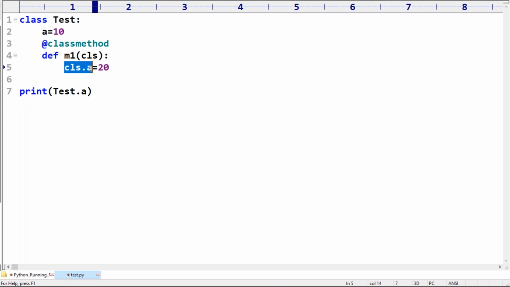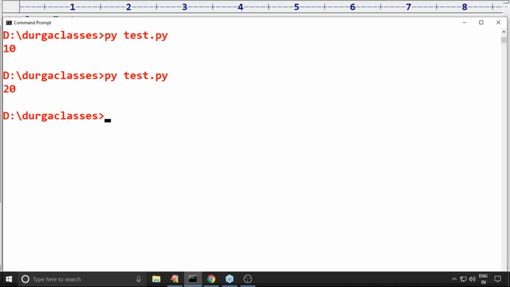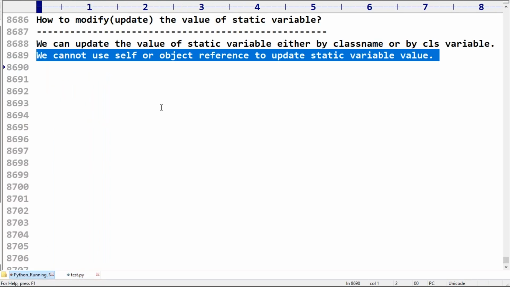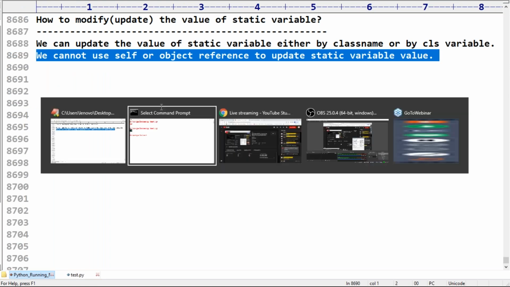Yes. So the value 10 will be replaced by 20. Let me call m1. The answer we get is 20. Perfect, because we can update by class name or by the cls reference.